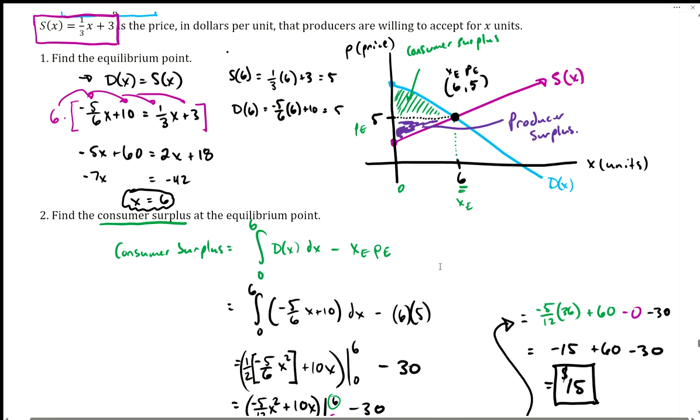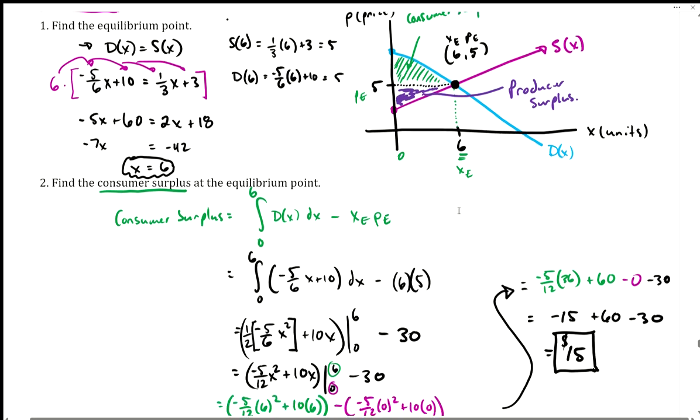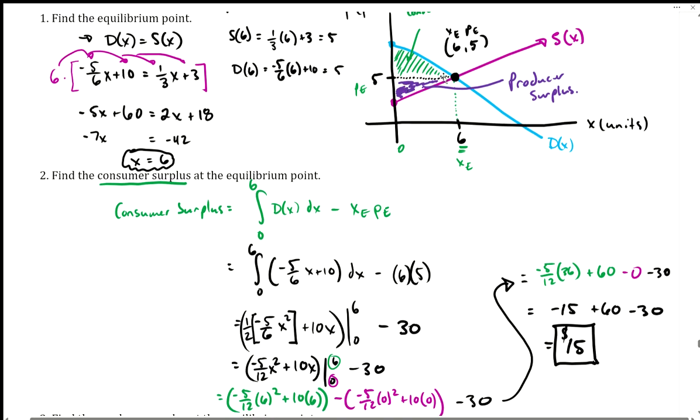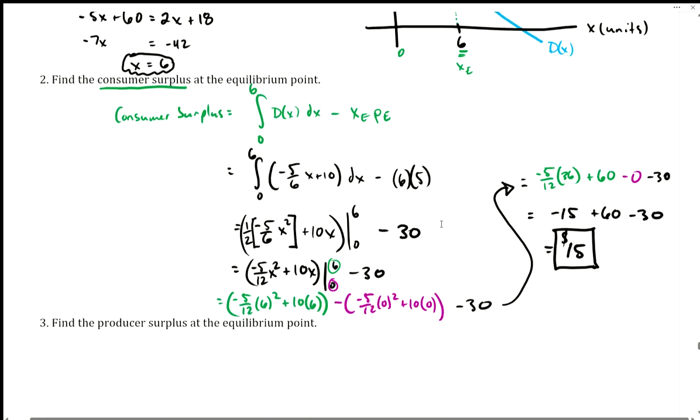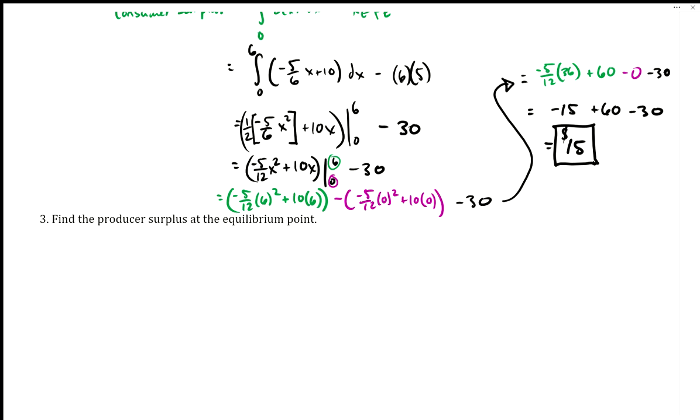All right, so now that we've got it listed, I need to find the area under the curve, which is still the area of this rectangle, which is still 30. We could just write in 30 from the previous step, or we can set it up all the way. Let's set it up all the way, and then we'll minus the area under the pink curve. So we've got the producer surplus